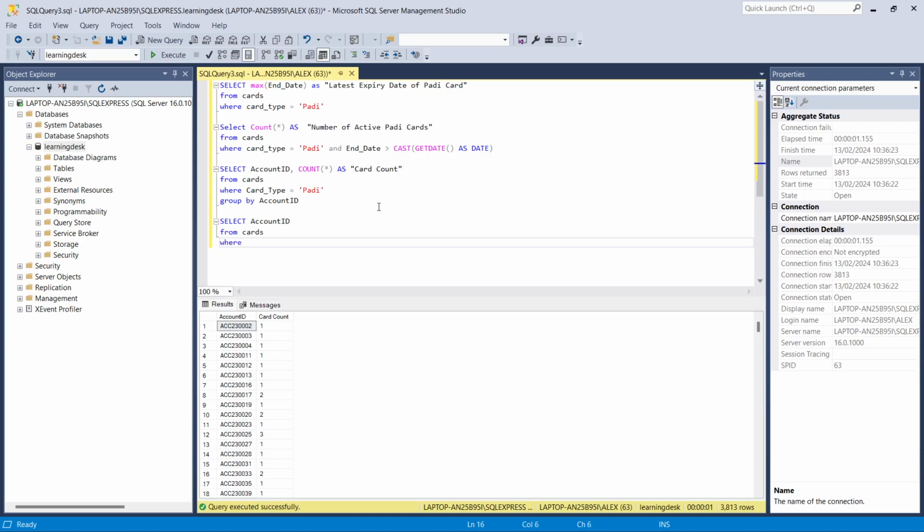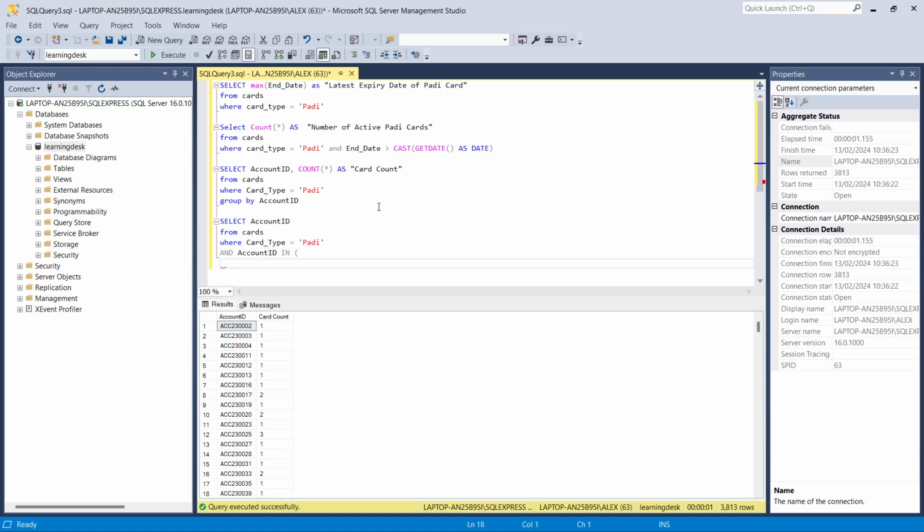The where clause now comes in, where card type equals Padi, which is the Padi card type. Then for the other condition, we use the AND statement, account ID in,